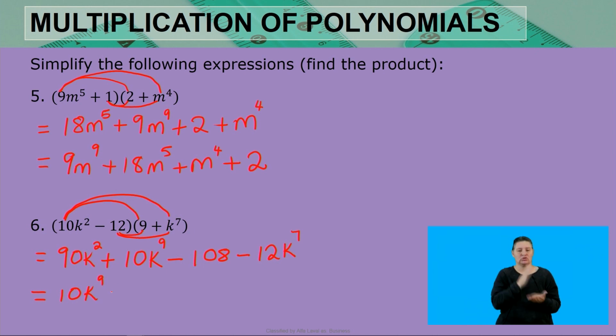If there are no like terms, we just make sure that we put our algebraic expression in descending order of powers when we are looking at the exponents of the variable, right? So that our final answer is going to be 10k exponent 9 minus 12k exponent 7 plus 90k squared minus